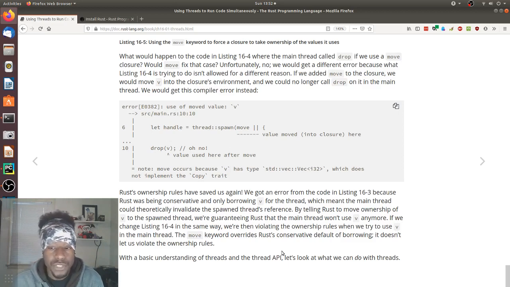By telling Rust to move ownership of v to the spawn thread, we're guaranteeing Rust that the main thread won't use v anymore. If we change listing 16-4 in the same way, we're then violating the ownership rules when we try to use v in the main thread. The move keyword overrides Rust's conservative default of borrowing. It doesn't let us violate the ownership rules.